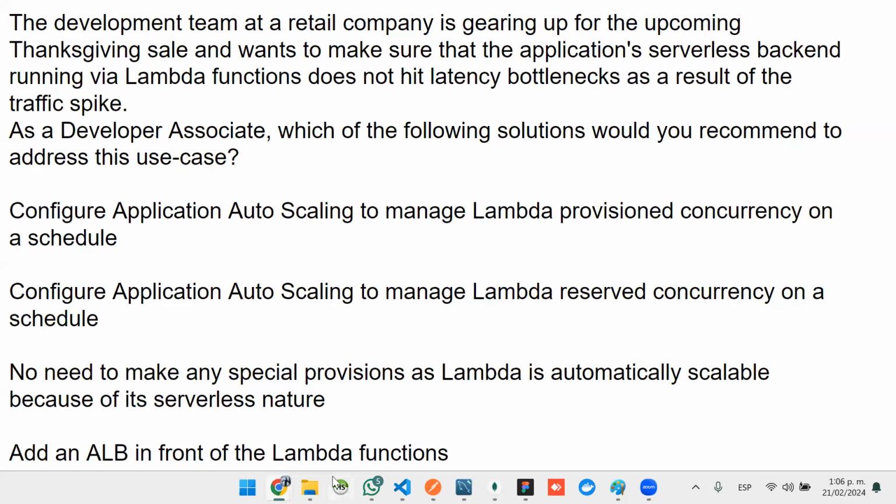The development team at a retail company is gearing up for the upcoming Thanksgiving sales and wants to make sure that the application serverless backend running via Lambda function does not hit latency bottlenecks as a result of the traffic spike. As a developer associated with the following, what would you recommend to address this use case? Configure